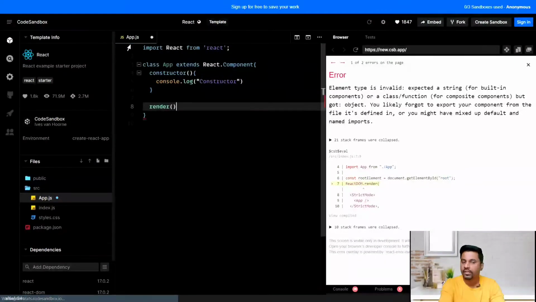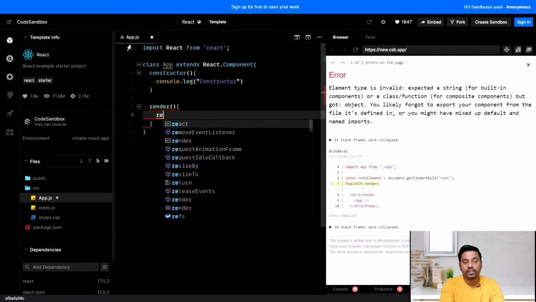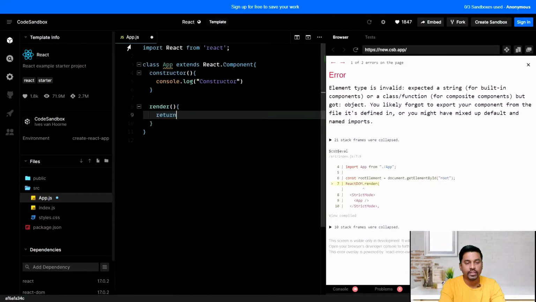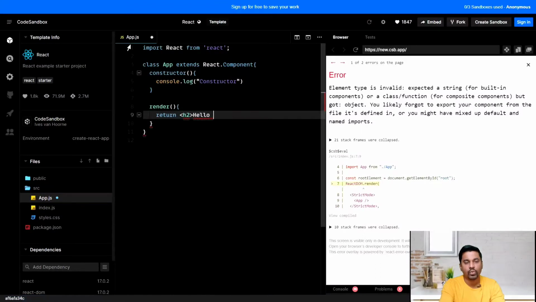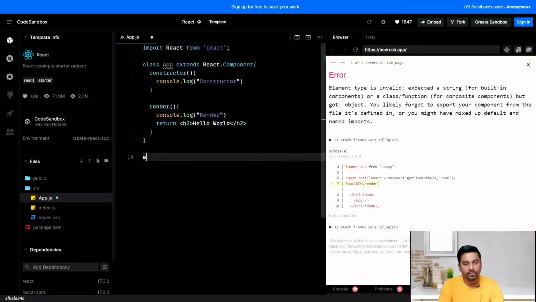Then we have render, which is another important method. Here you usually return your normal h2 hello world, something like that, okay? Let me add a console.log over here to see whether I am getting a render. And before we do that, let's export default App.